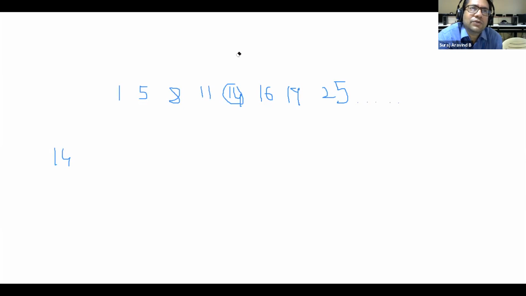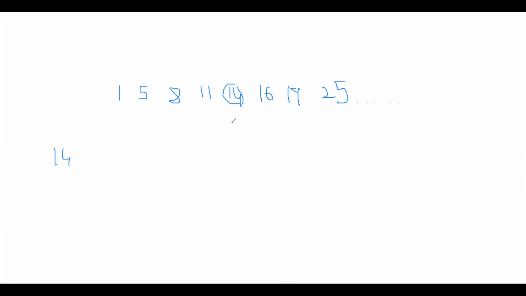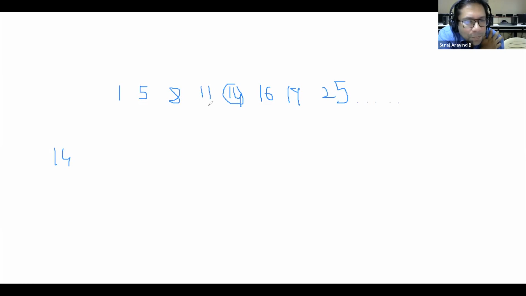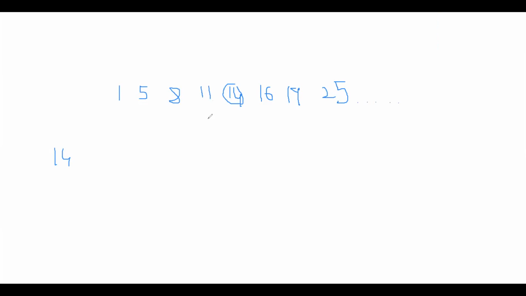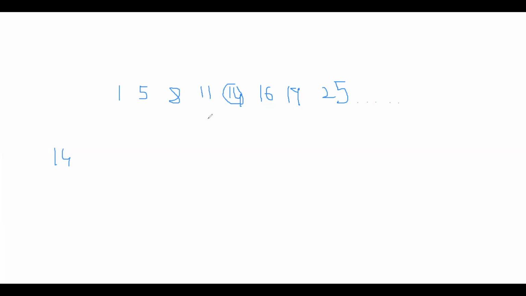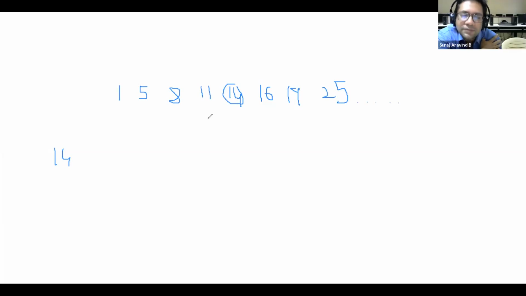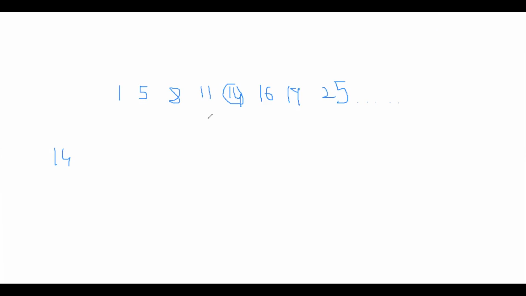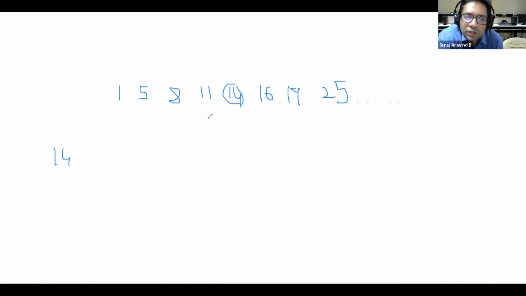If 11 is less than 14, I have to search for the higher end. Suppose we have 8 numbers here, and 11 is the fourth number. We are checking 11 with 14. If it is equal, we'll go to the yes part. If it is not equal, we go to the other selection where it is checked whether it is greater or less. If it is greater, we go to the higher end. If it is lesser, we don't have to bother about what is before 11.